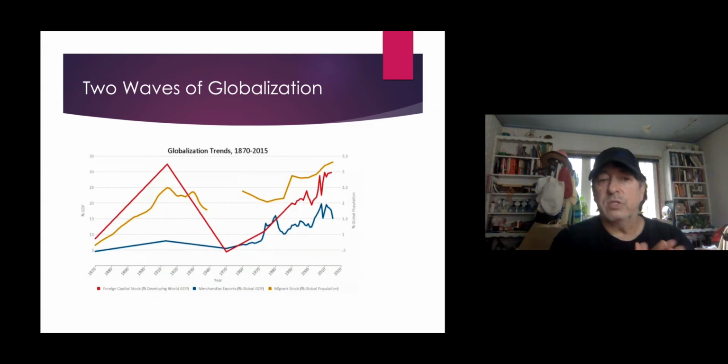Well, this chart shows us a few key indicators. And what it amounts to is that there have been two big waves of globalization. Globalization in the early 19th century was very low, meaning that countries didn't trade very much with one another. There was very little movement of people or money across borders. Economies were basically local or national in scope. And so globalization was at a very low point.